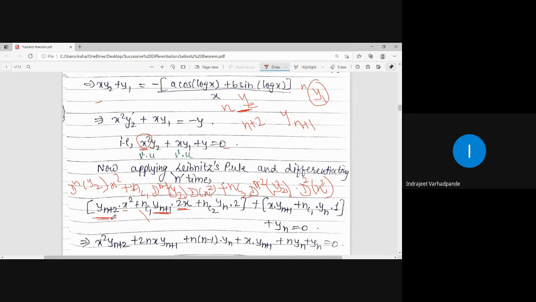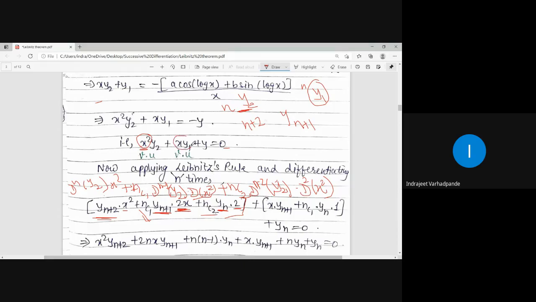Now in the process of calculating the derivative, I have told you to add them together simply. dn of y2 is yn plus 2 into x square. nC1 as it is. What will we do with dn minus 1 of y2? y2 plus n minus 1 becomes yn plus 1. What is the derivative of x square? Derivative of x square is 2x. nC2 as it is. dn minus 2 of y2, just simply add the terms: y2 plus n minus 2. The 2 and 2 get cancelled, we are only left with yn. What is the second derivative of x square? It means first differentiating x square to get 2x, then the derivative of 2x is 2. Is this step clear? Now this bracket is completed.